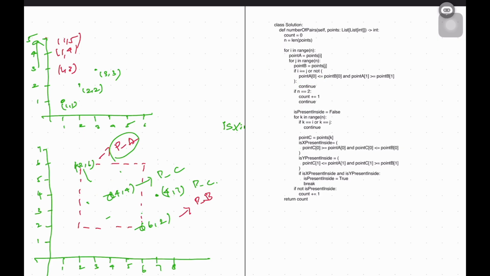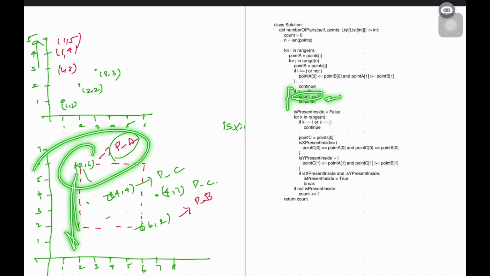That's why I mentioned that when A and B are interchanged, it automatically doesn't satisfy the condition, so you don't need to handle that separately. So when n equals 2, there are no other points, but it satisfies the condition. Then you can just add count plus equals 1,